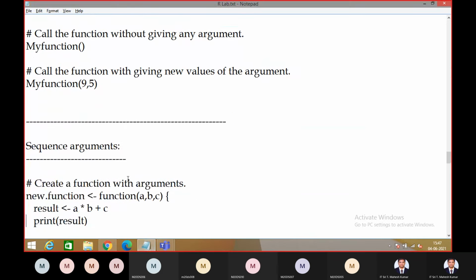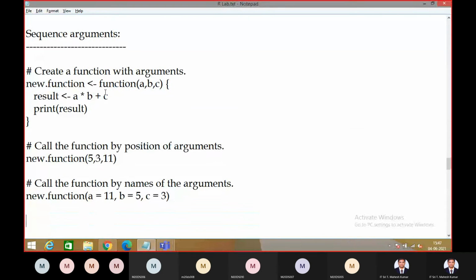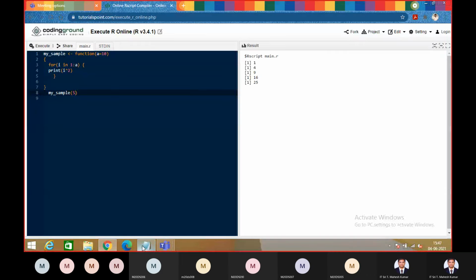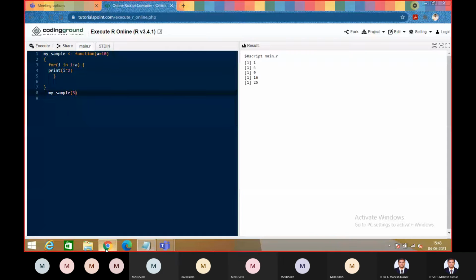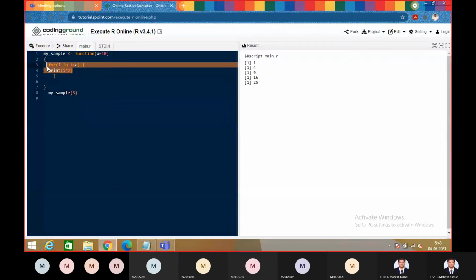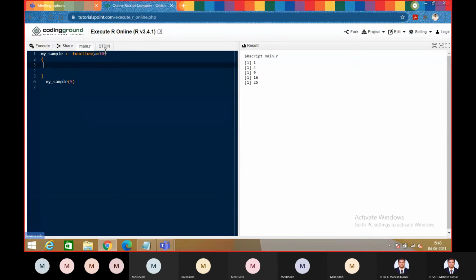Okay, and we have sequence. This is also very important. This is new in R programming. When we have the return result here, you can also print this particular result. So here, what I'll do is I'll take A, B, C. I'll take a result, A plus B plus C, right? And then print result.